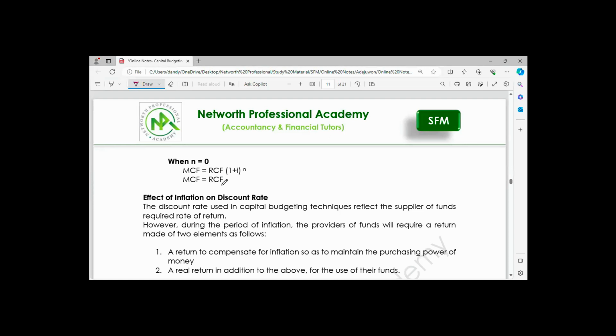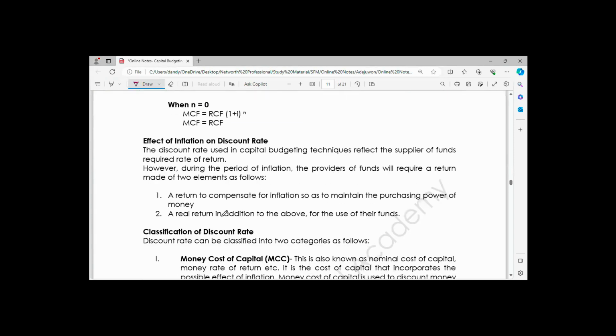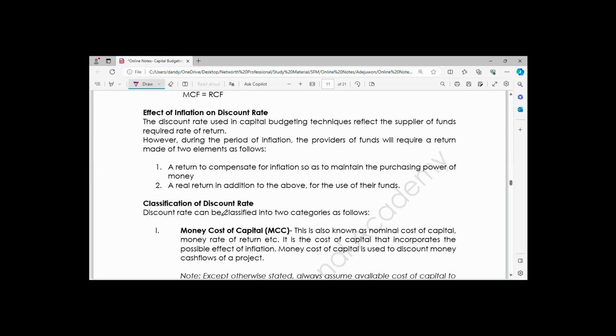The money cost of capital is the cost of capital that includes the possible effect of inflation. I repeat, the money cost of capital is the cost of capital that includes the possible effect of inflation. It is also known as nominal discount rate, nominal cost of capital, or money rate